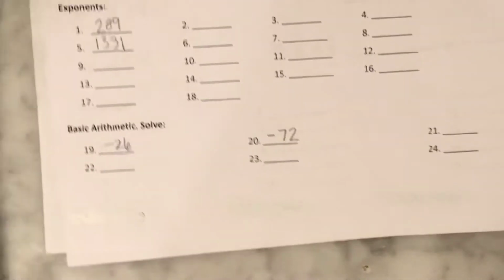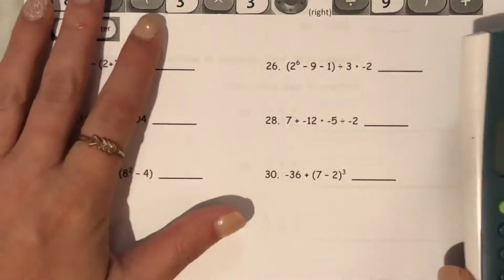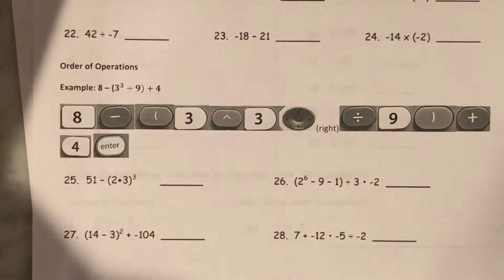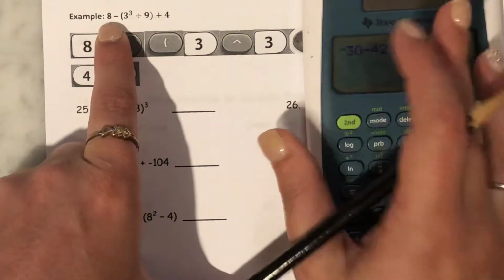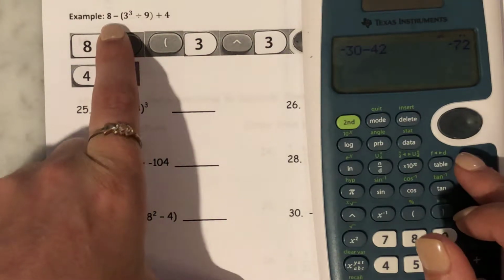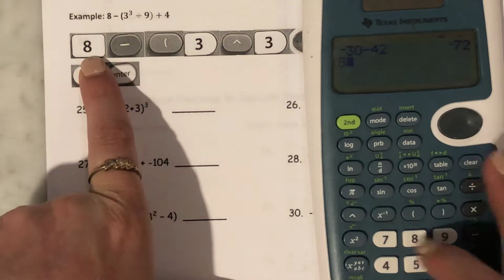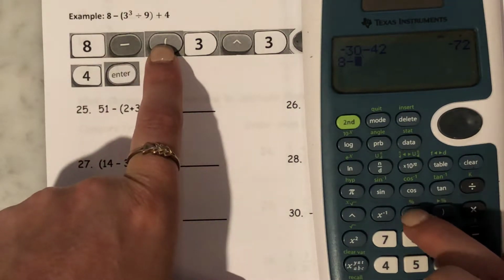Okay, let's go on to the next thing, which is our order of operations. So here's our example. And the best thing to do is always to look at your problem and make sure it looks the same once you plugged it in. So 8 minus, open parentheses, your parentheses is right here,